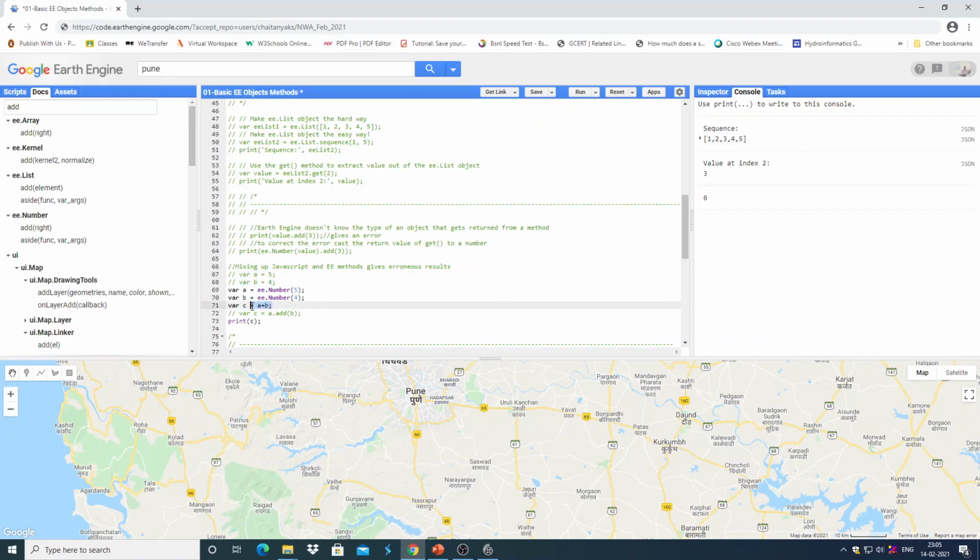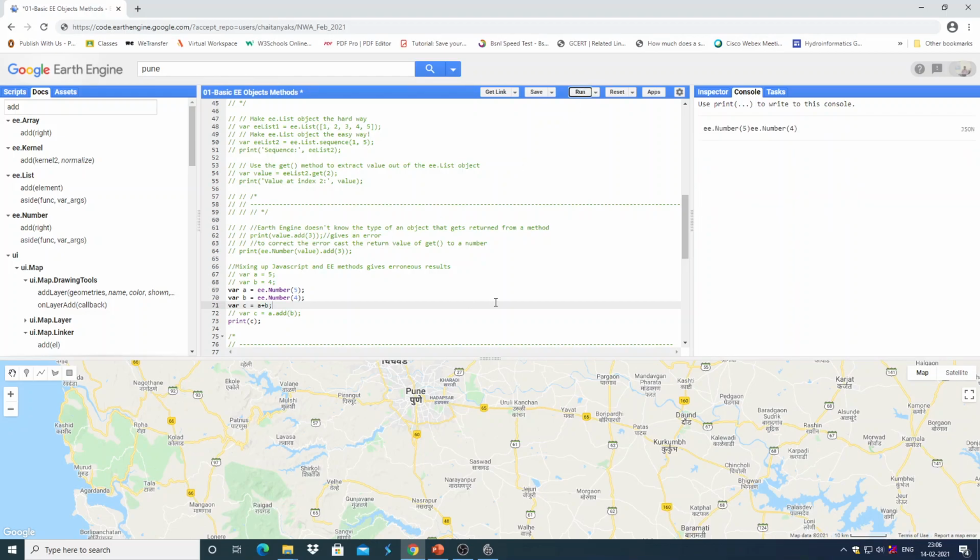Now, if you want to add a and b by assigning the sum to a variable c, it will not work properly, because the addition with the plus sign is a valid JavaScript operation, but not an Earth Engine one.